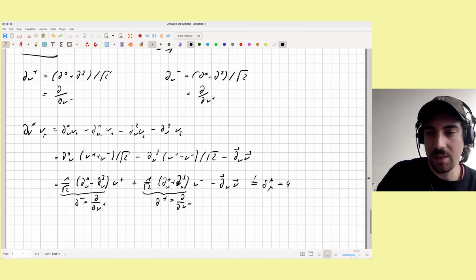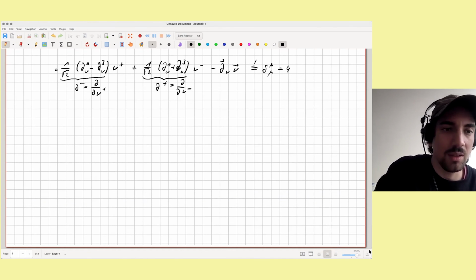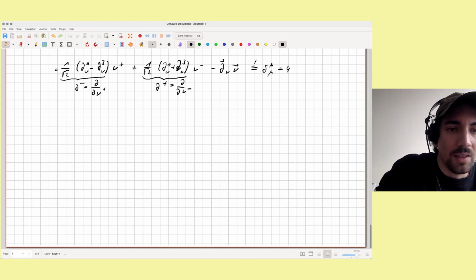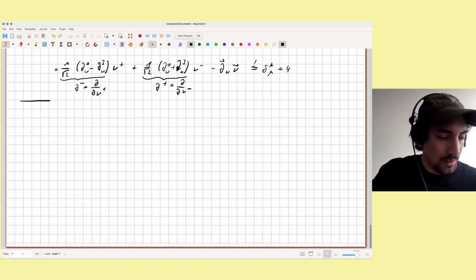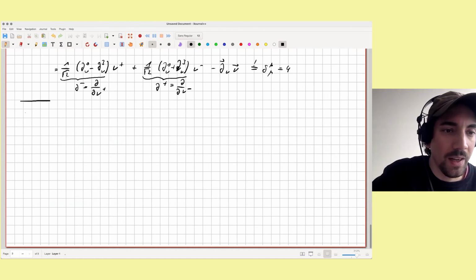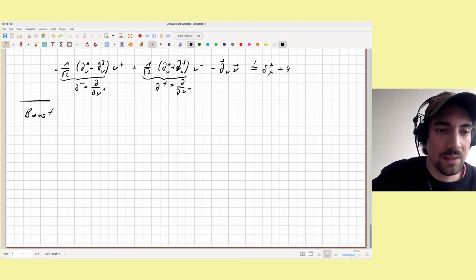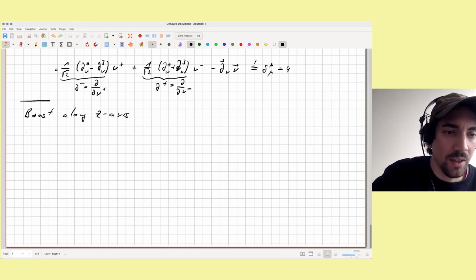All right, so the next part of this exercise, which also should go rather quickly, was to consider the behavior of the light cone coordinates under Lorentz boosts. And so for this, we use that under a general boost, that's a boost along the z-axis, we have that a vector v goes to